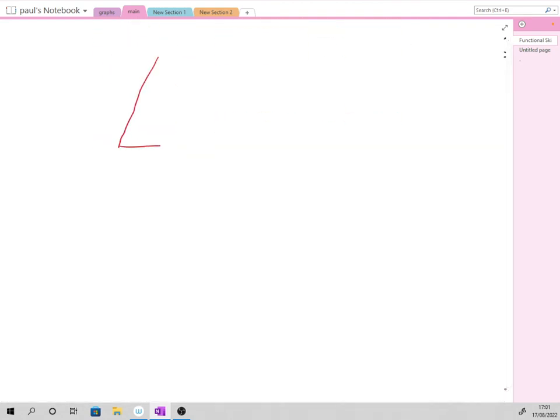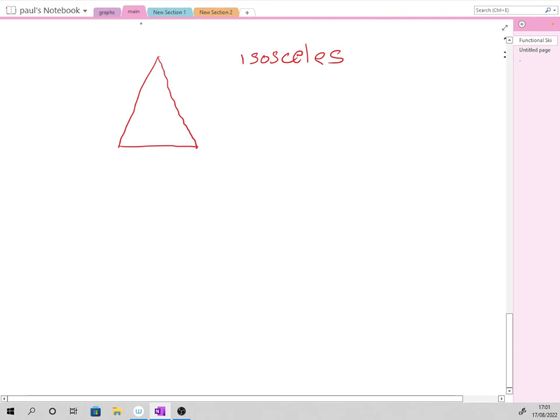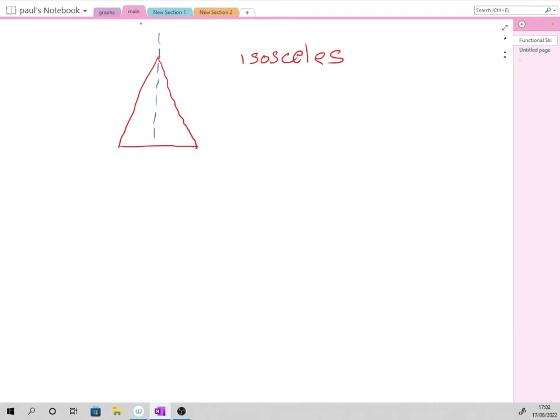I'll do another isosceles triangle. A Greek word, I suppose, or Mr. Isosceles discovered the triangle. Now, if I do this, and this is going to be in another lesson. It's all muddled up, this book, right? So a dashed line that goes through a shape is called a line of